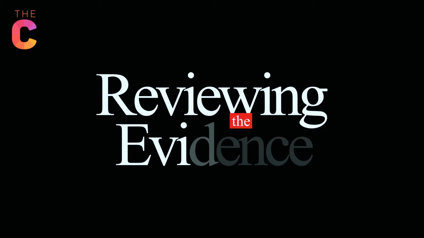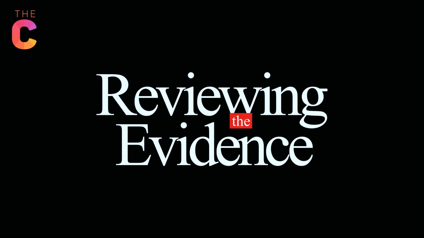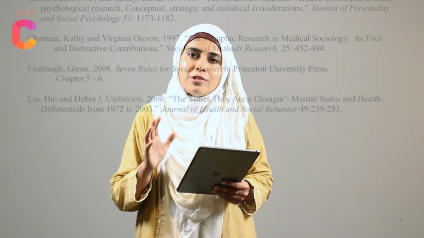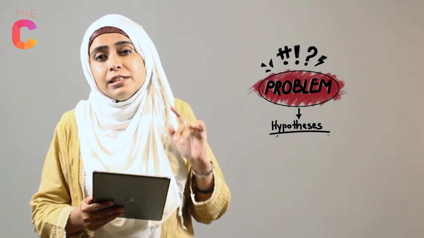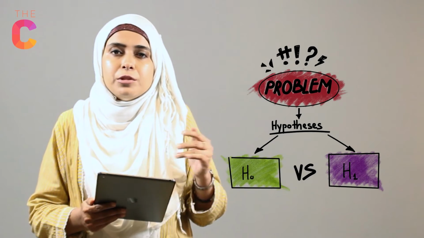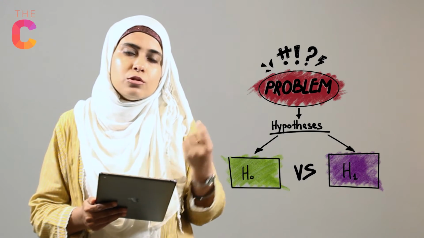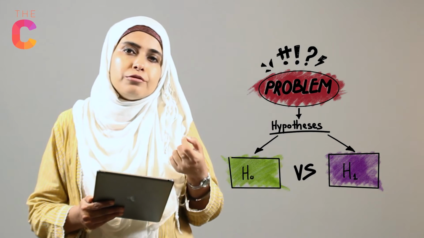Now, the next step after identifying a problem is to review the already available evidence. Now, the sociologist basically reviews this evidence in order to clarify the issue. And after clarifying the issue, the sociologist has to convert the idea into a hypothesis. And what exactly is a hypothesis? A hypothesis basically determines the relationship between two or more variables, or you can say that it would basically determine the cause and effect relationship of two variables.